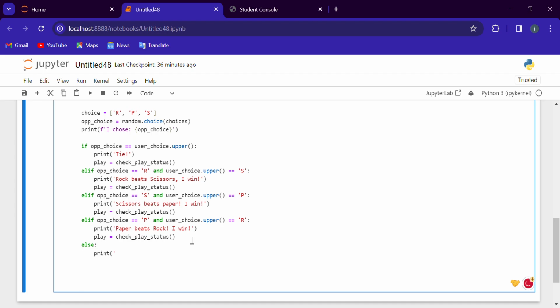Print. If you don't get all of the statements, like if you don't get rock over scissor, and if you don't get scissor over paper, and if you don't get paper over rock, then definitely the opponent will win. So in else we will print "you win" backslash